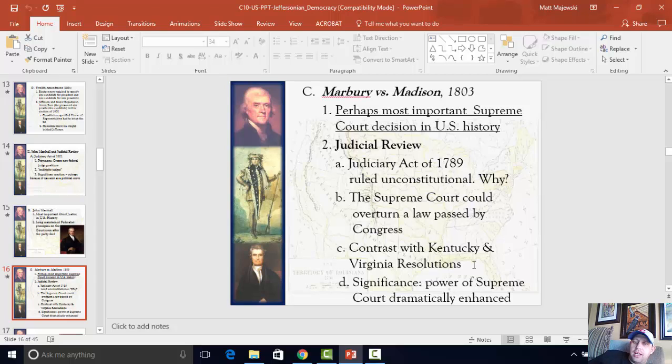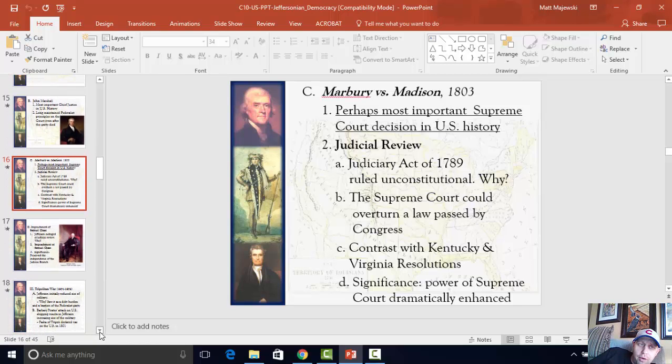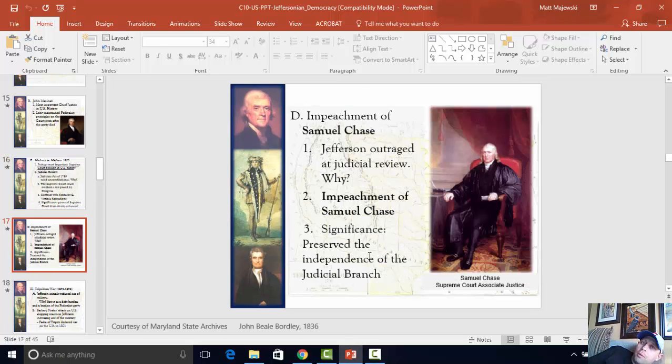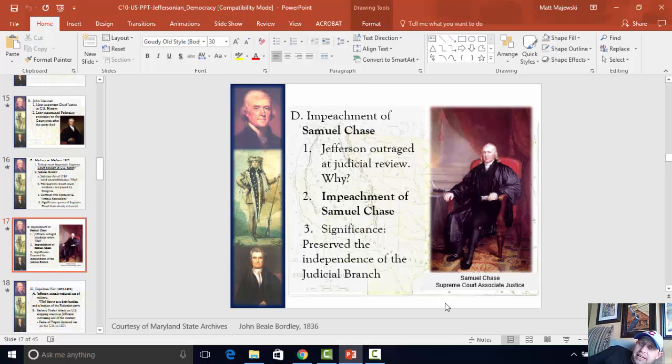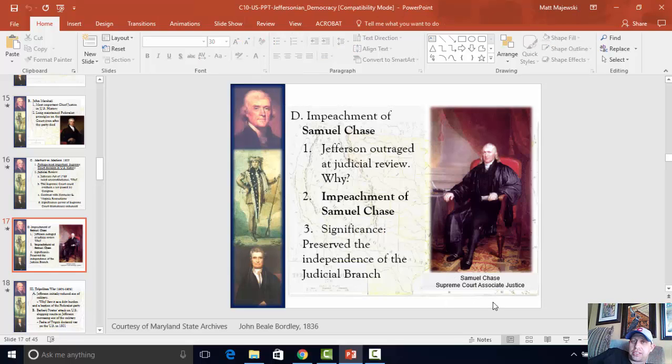The states don't have the power. It massively increases the significance of the Supreme Court. It's going to become a much larger, more important thing now after this decision. And let's remember, Marshall did this kind of intentionally, because he and Adams and other Federalists were desperate to maintain their control over one branch, and they wanted to give the judicial branch more power, more strength to resist Democratic-Republican ideals.